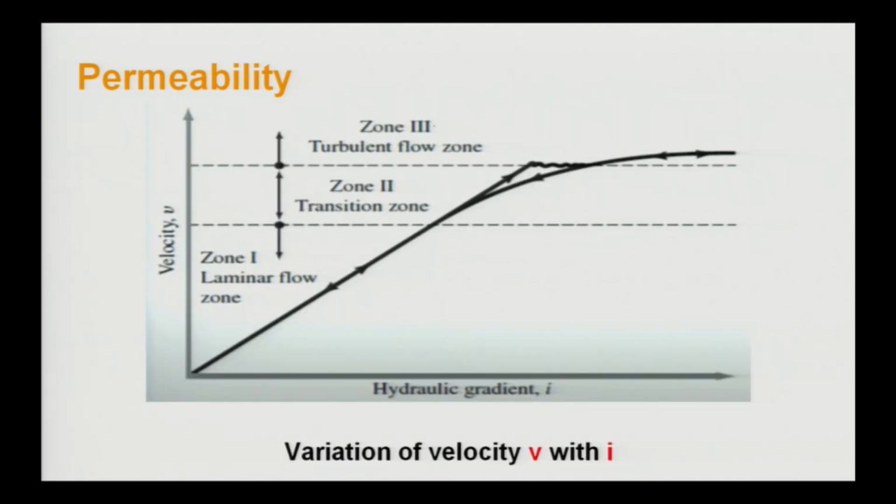Understand one thing here, that this concept is valid for the laminar flow zone only, because what happens when the flow is laminar? The flow is flowing in layers, and when it is in the transition or turbulent zone, the hydraulic gradient will not be directly proportional to the velocity, because different relations will be working out. When we discuss Darcy's law, we will be seeing this topic again.